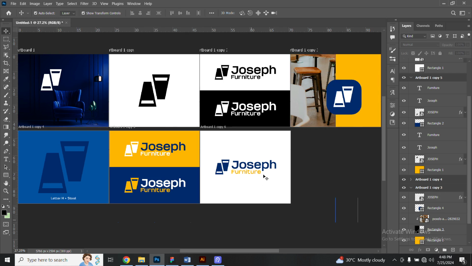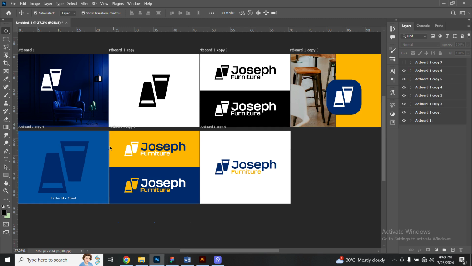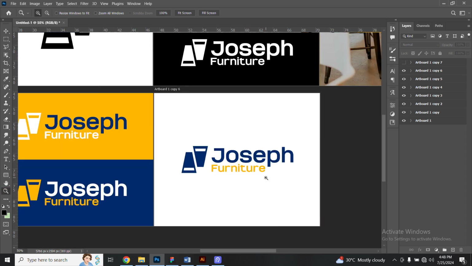Now we'll be able to have our logo in different variations. We'll be able to have it on the yellow background, on blue, and on white. Our different icons can also still stand. You get how they can still stand. So all of this is just to keep